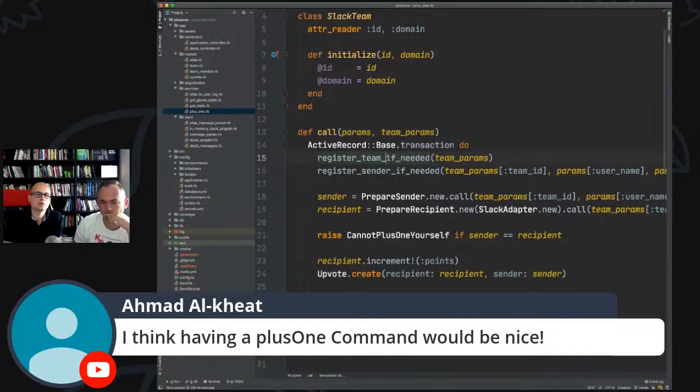If I see register-if or something like that, it always smells a bit, like get-or-create. You don't know whether you query or you execute something. I was thinking about it here because we call this +1 every time a user gives someone a +1.